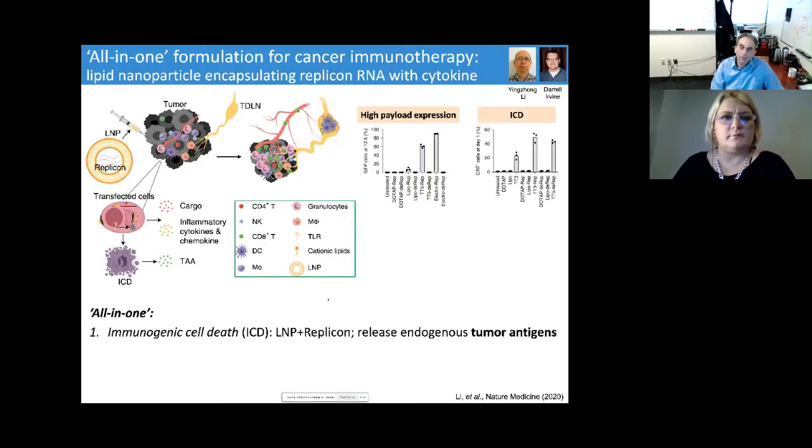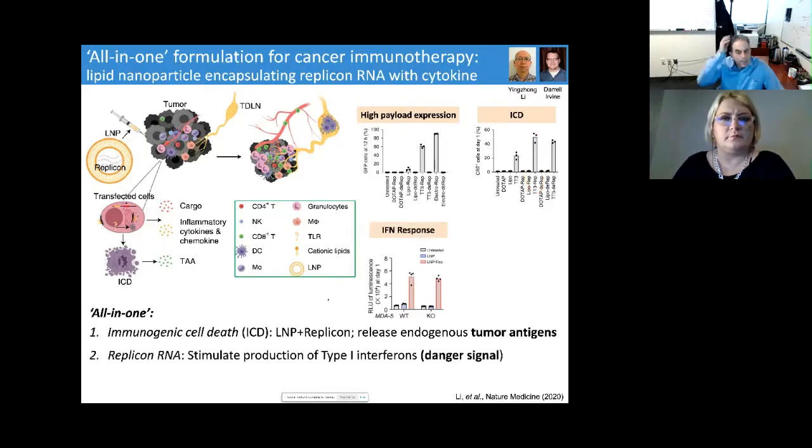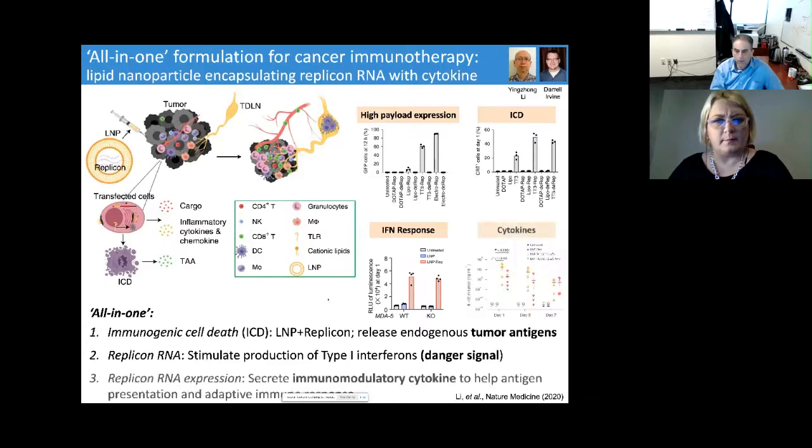We have immunogenic cell death. That's what you're seeing here. We have an interferon response. So interferon response is when the cell gets this replicon with a lipid nanoparticle, it makes these type 1 interferon molecules, which serve as a danger signal and further amplify the inflammation in the tumor microenvironment. And these end up resulting in high levels of cytokines, these inflammatory molecules, in the